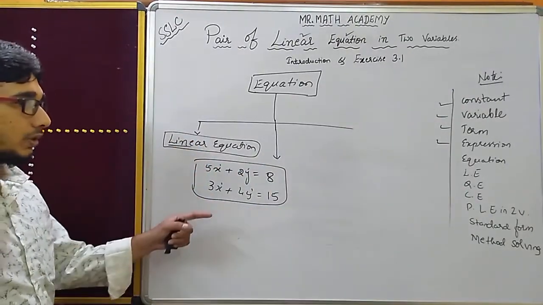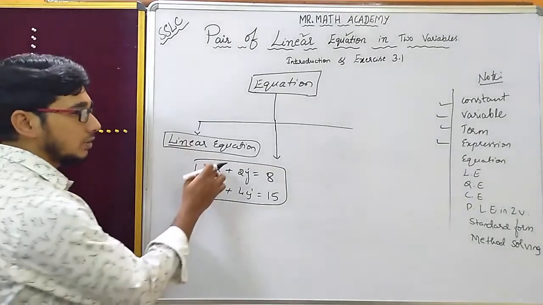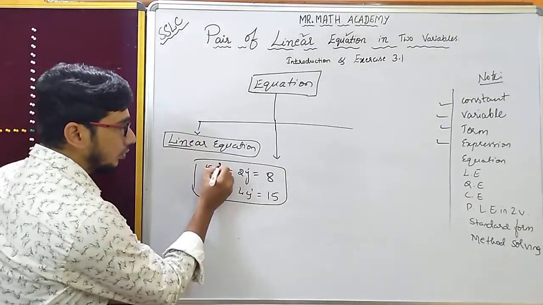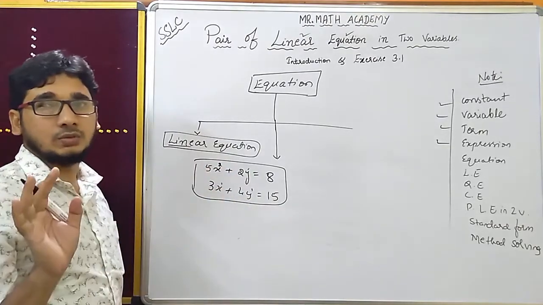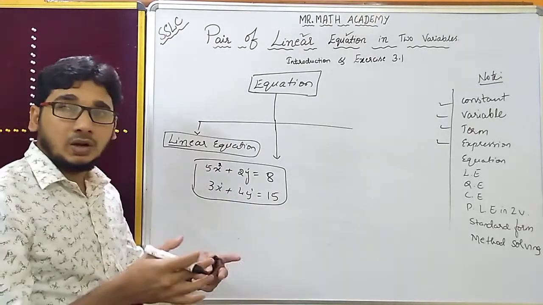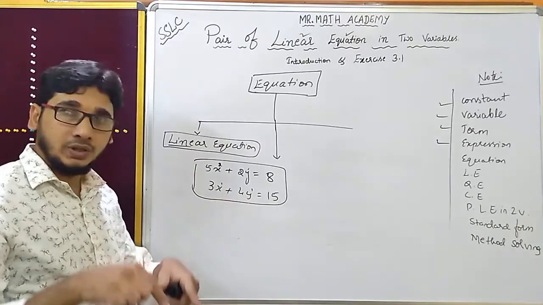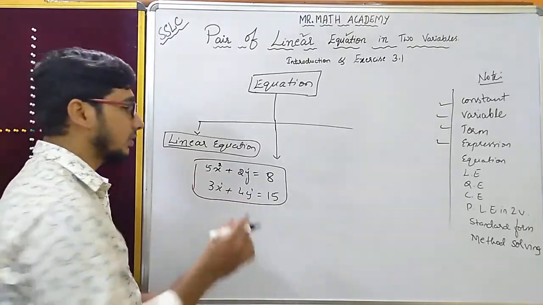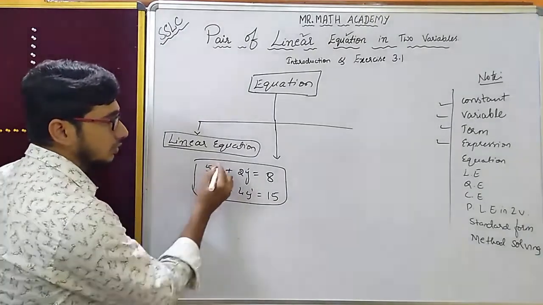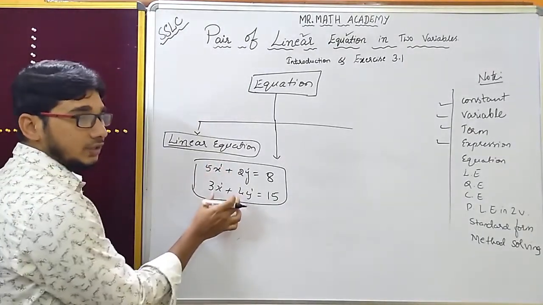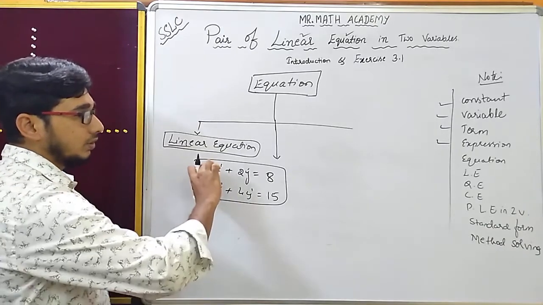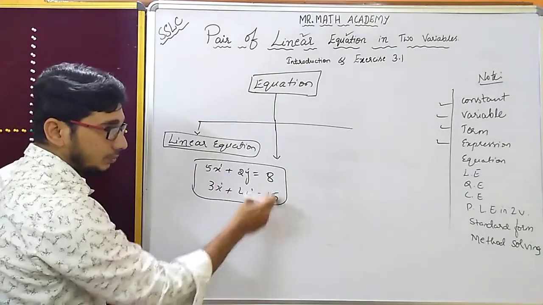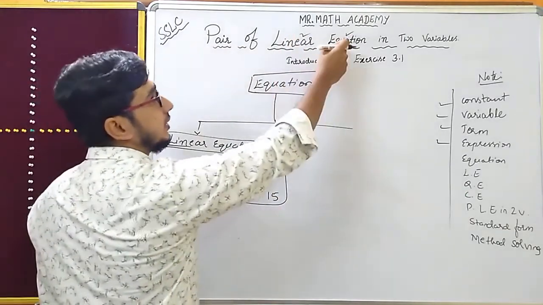Okay, this is a pair of linear equations, which means the highest power of the variable is 1. If it is 2, this is not a pair of linear equations. This is a pair of linear equations in 2 variables and a quadratic equation in 2 variables. We cannot imagine it like this, so remove this. Consider the linear equations in 2 variables together as a pair, so it will become a pair of linear equations.